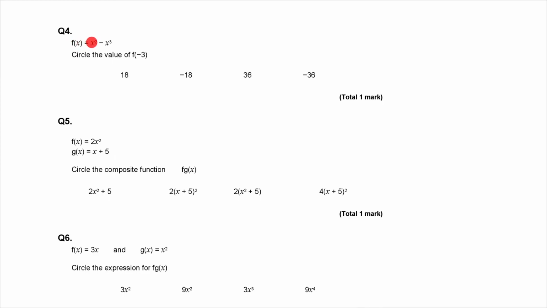A new function, f of x equals x squared minus x cubed. Circle the value of f of -3. So wherever you see x, you're going to put in -3. Let's go and do that. So f of -3 is going to be equal to x squared. And make sure, particularly because you've got a negative, you put it into a bracket. So (-3) squared, take away bracket -3 and then